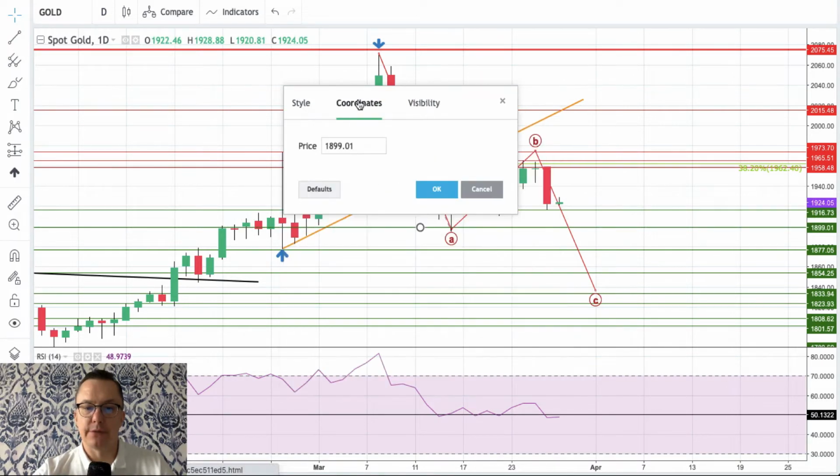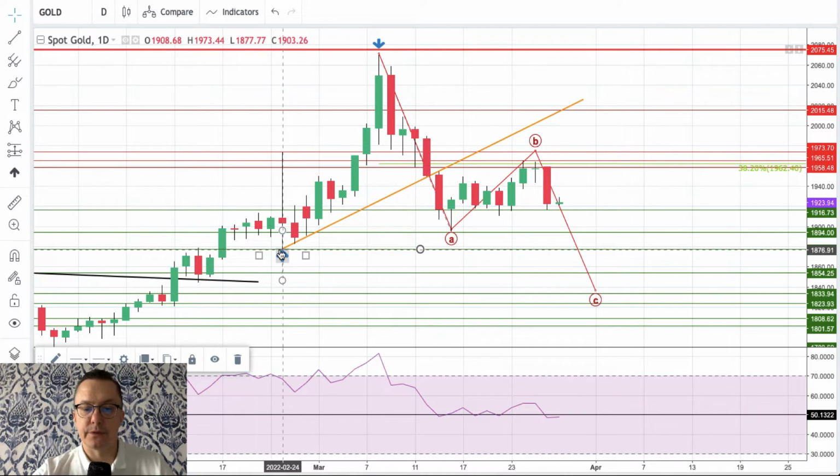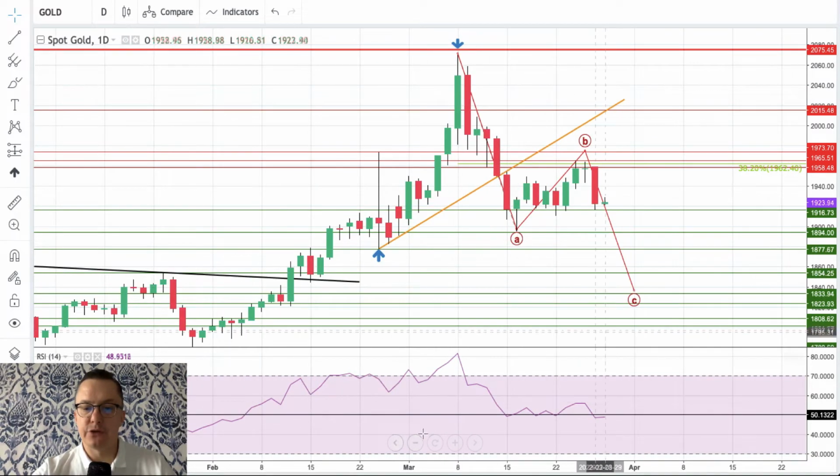So let me just move this line up a little bit. There you go. 1894, the low of wave A, and then of course we have another technical support, the lows of this month of February, this low here, 1877. However, wave C should develop a little bit lower. Wave C should go at least towards the level of 1854,